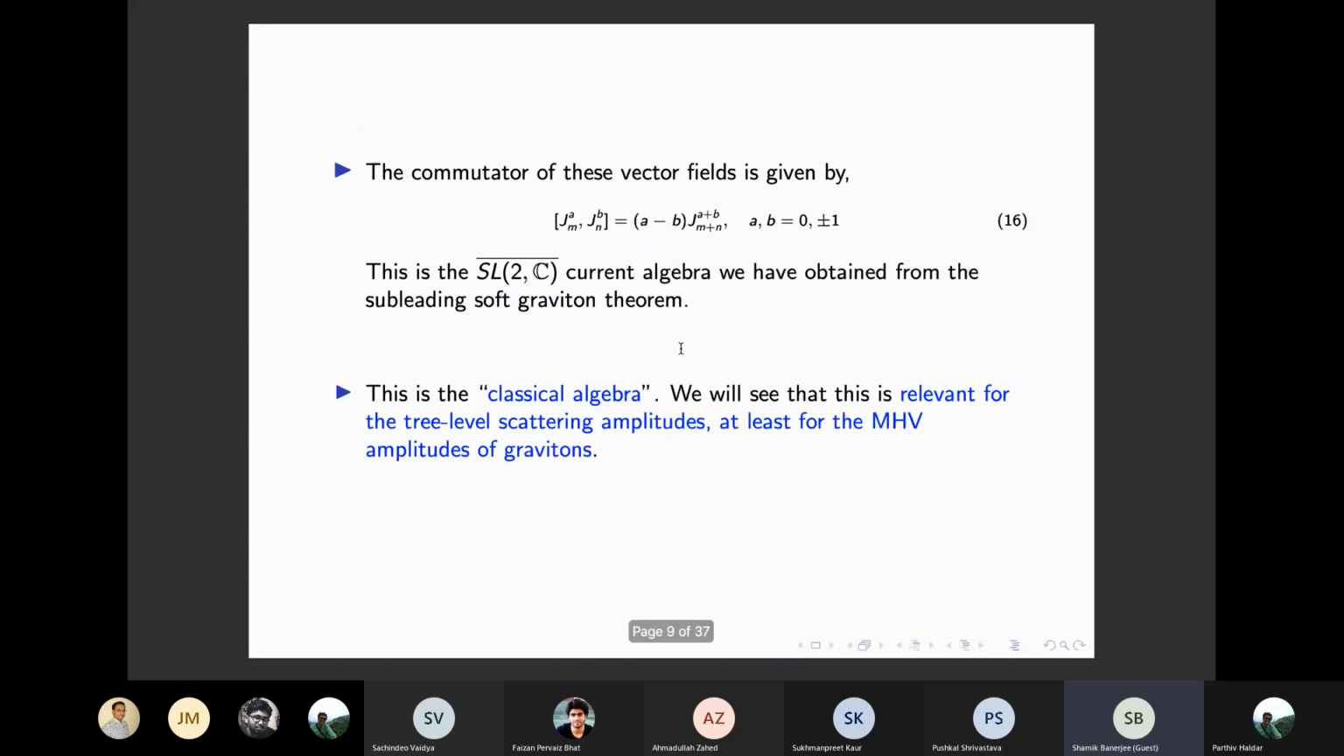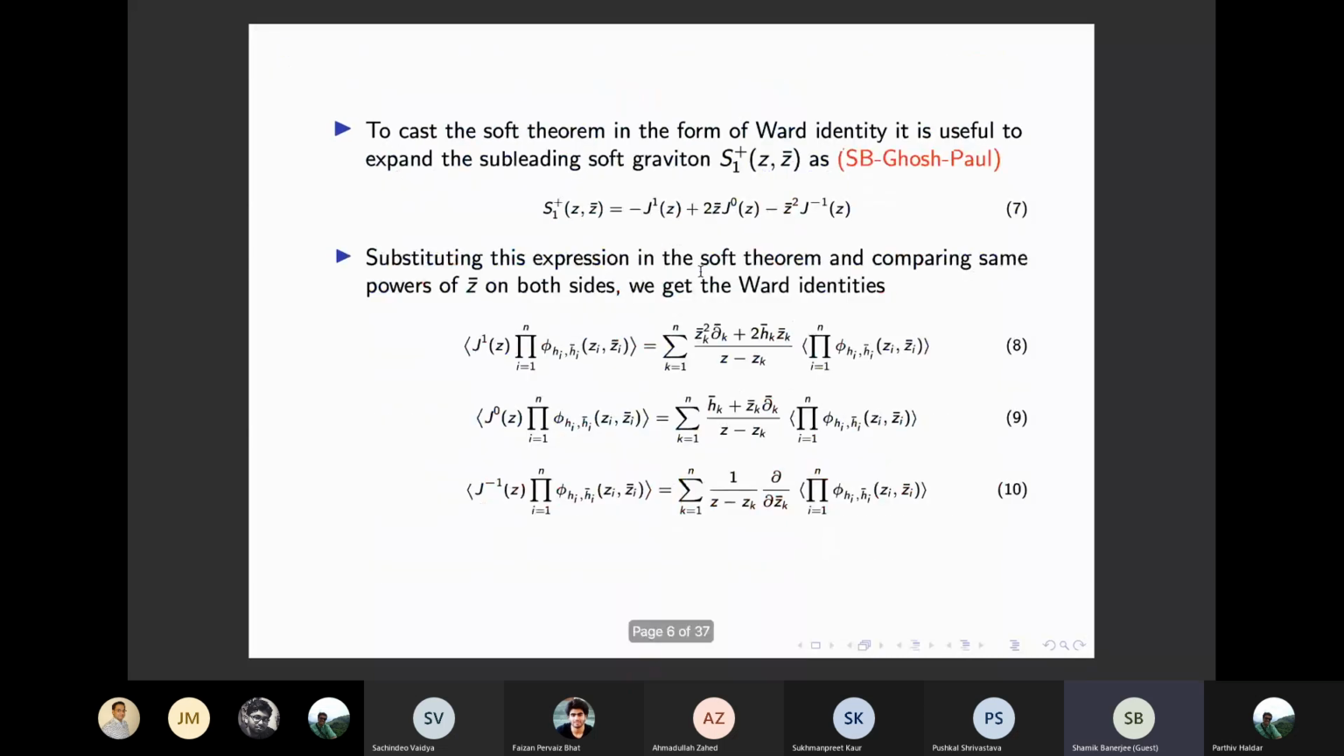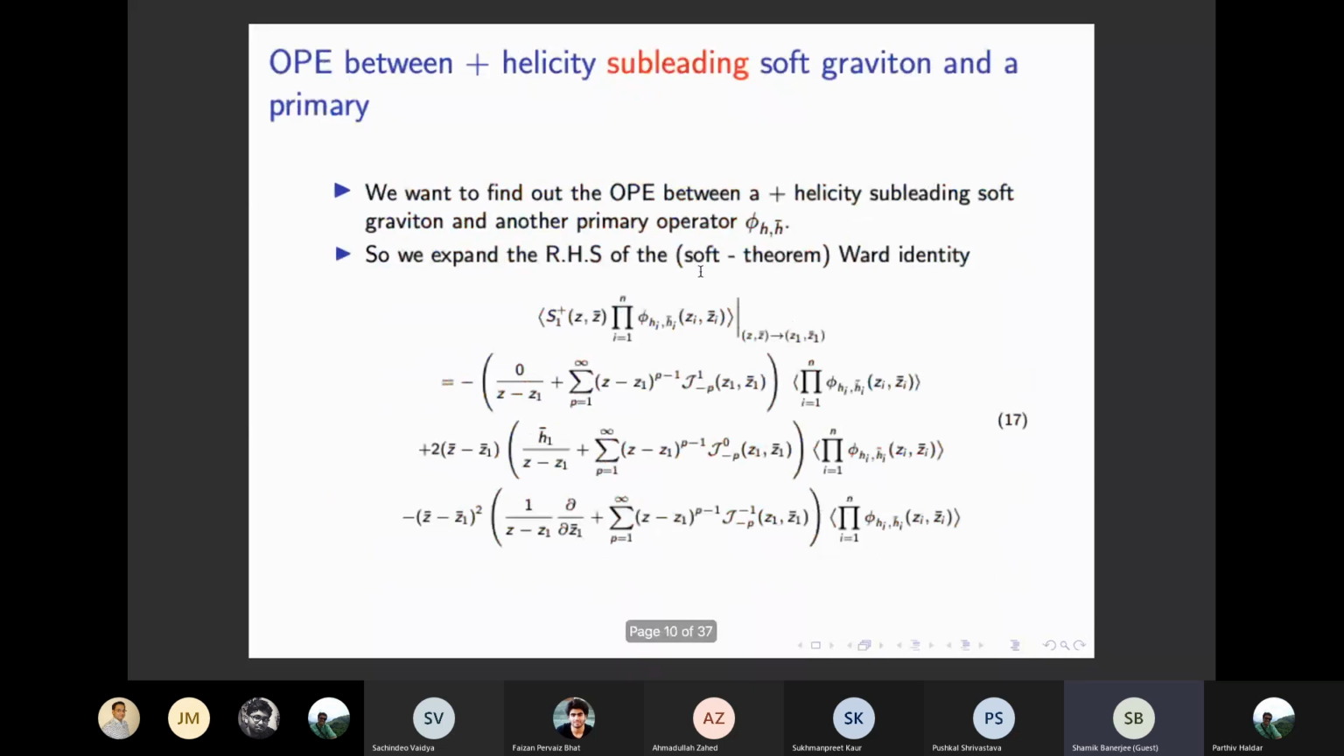So what we do is that we take this subleading soft graviton theorem and expand the right hand side of that in powers of z minus z1 and z bar minus z bar 1. So that's what is here. So if you expand the right hand side in powers of z minus z1 and z bar minus z bar 1,